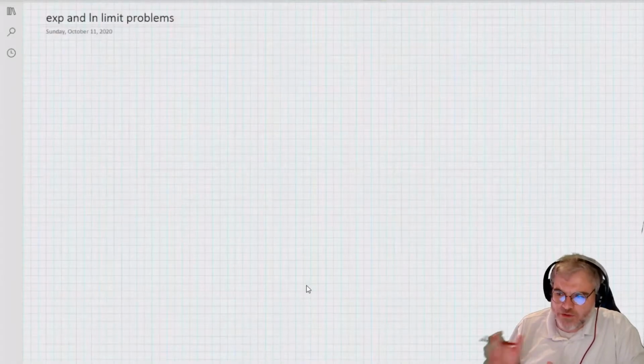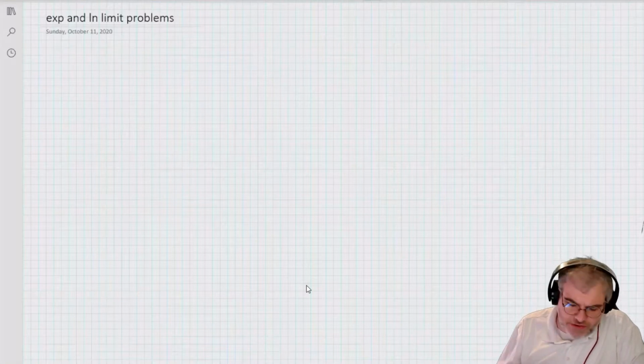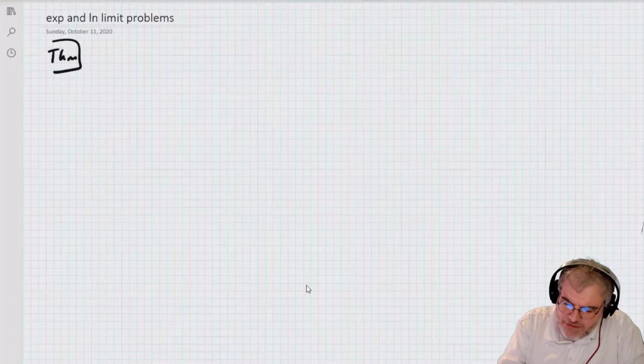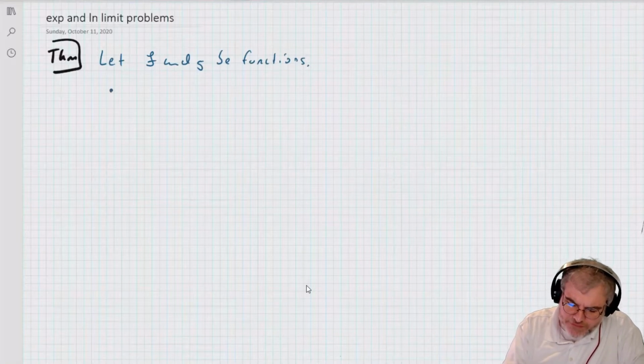The key to all of these problems is the following. There's this property of continuity that says the following. It's not really a theorem, just a property of continuity, but we'll say theorem. Let f and g be functions, a in R. Now, if f is continuous,